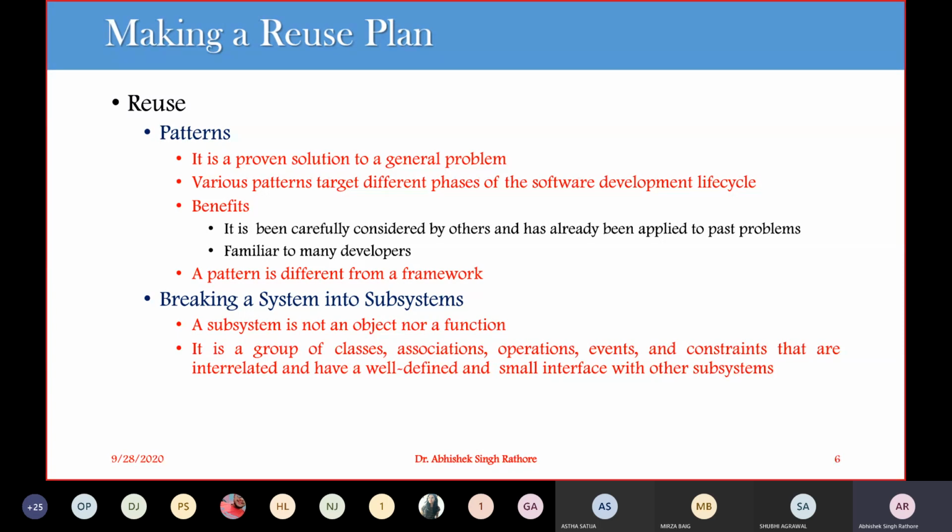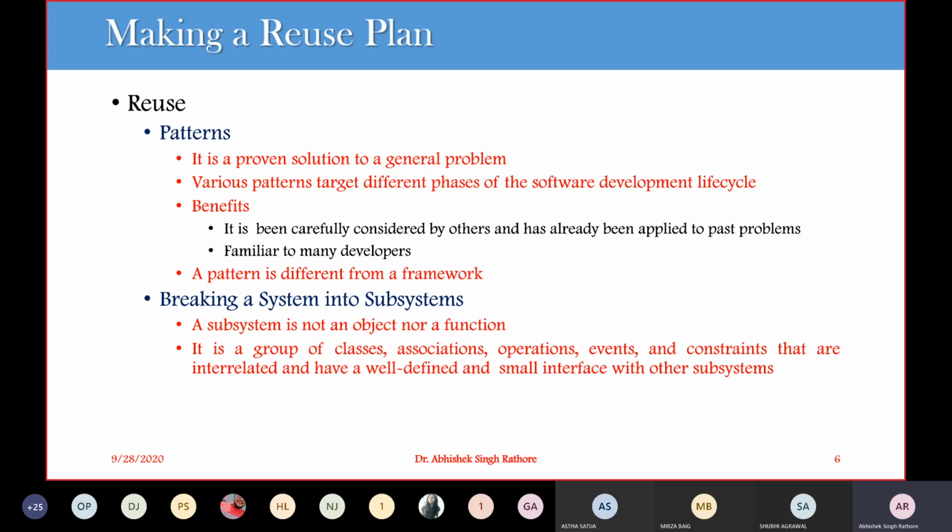A pattern is different from a framework: a pattern is typically a small number of classes in a relationship, whereas a framework is much broader in scope and covers an entire subsystem or application, a very large domain.